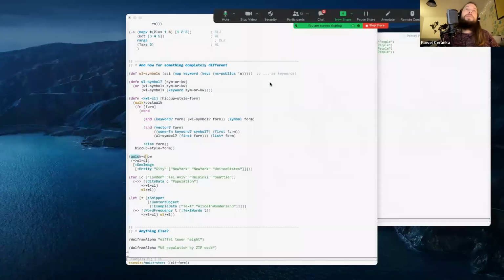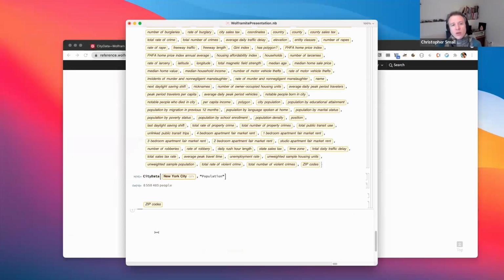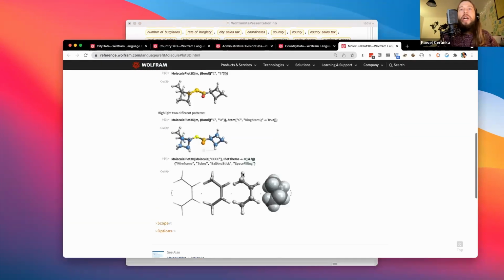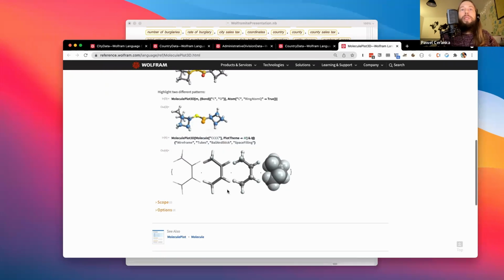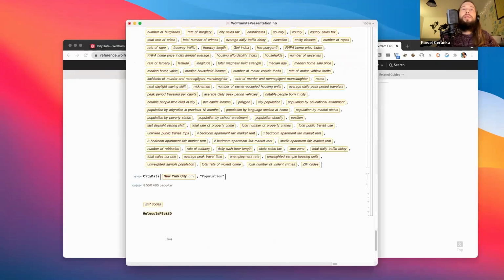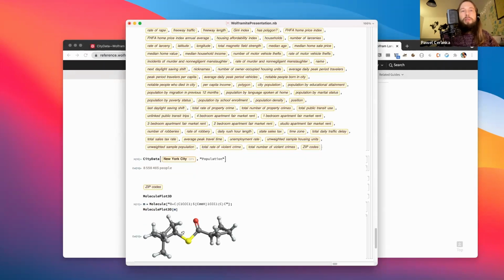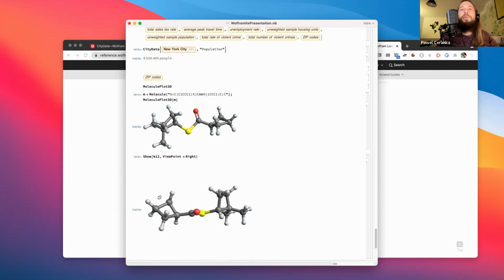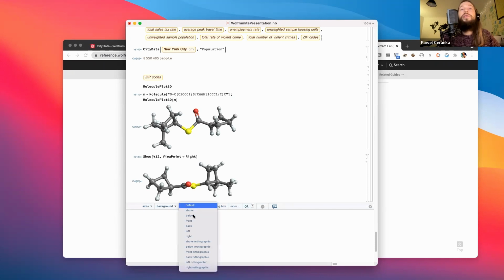I think, let me see. Because it's all symbolic, if you do the animate thing around it, wherever you plug that in, I'd imagine it would work. I've seen it somewhere. So there's a couple of options. Oh, maybe I just need to do this. Axis viewpoint. I think that's the thing. Okay, so there's a bunch of those. You can't really specify the exact thing, but you have a bunch of viewpoints.